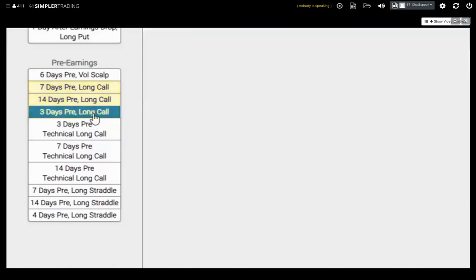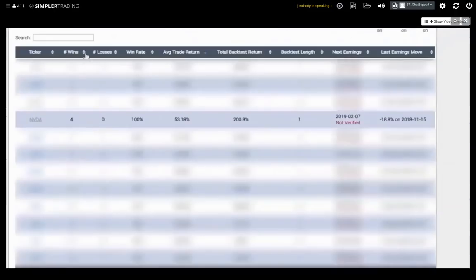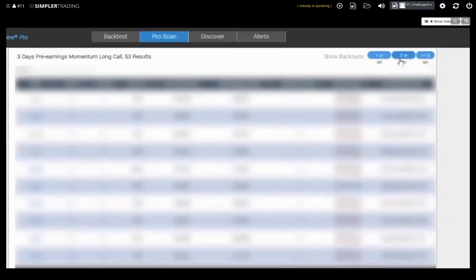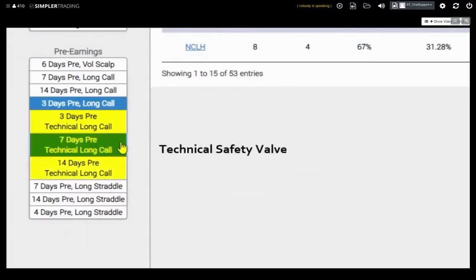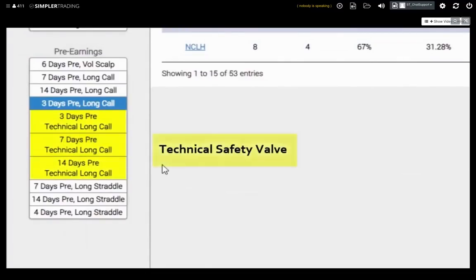We can even tap on the 3 days and look at those results. You can sort by the number of wins, by the win rate, by the average trade return. You can even sort by the length of the back test. But if we scroll down, we can see even more. Not only do we have the 3-day, 7-day, and 14-day pre-earnings long call, we also have the 3-day, 7-day, and 14-day pre-earnings long call with the technical requirement imposed on it. That is, those trades are back tested and scanned if and only if the stock price is above the 50-day moving average. So you can see, even for this single type of trade, we have 6 different scans to find